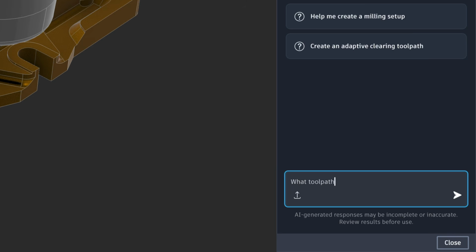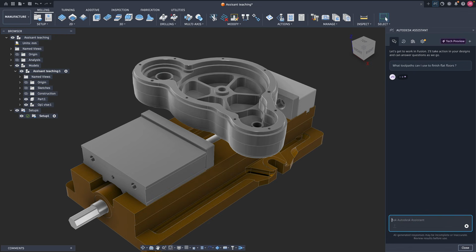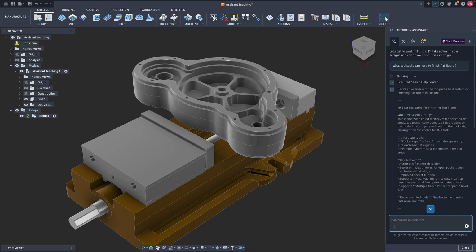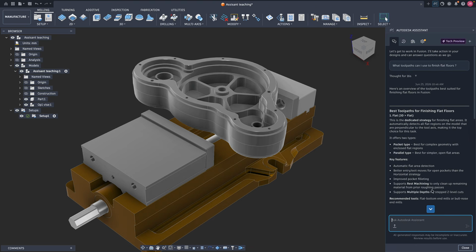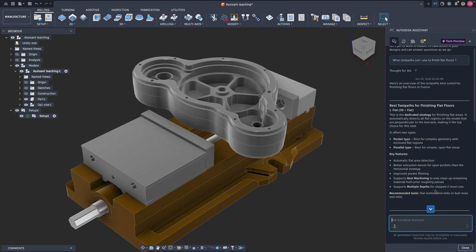Another example is that you might struggle to find the right toolpath to finish a certain feature. So describe the feature and it will give you recommendations like the flat toolpath for flat regions with top tips to follow. To take it further, you can also ask it to describe how to create the toolpath and use